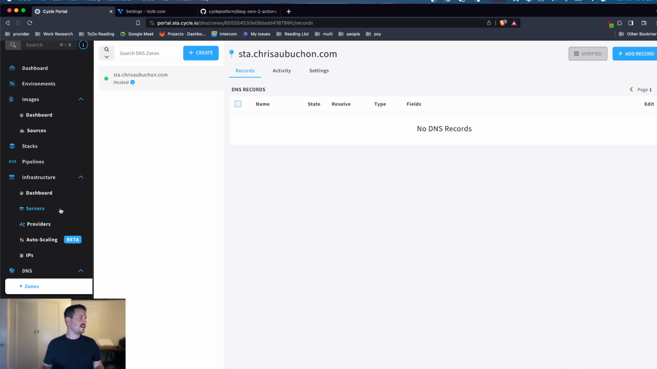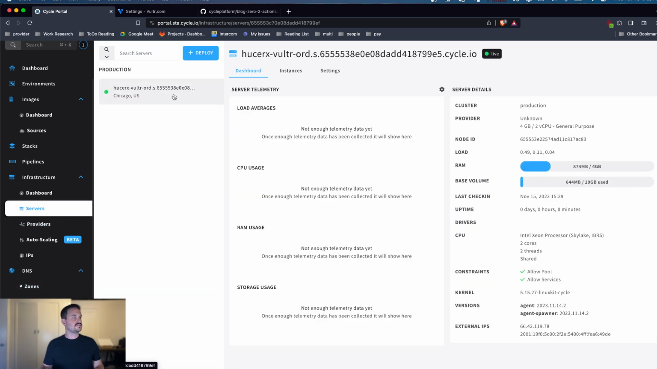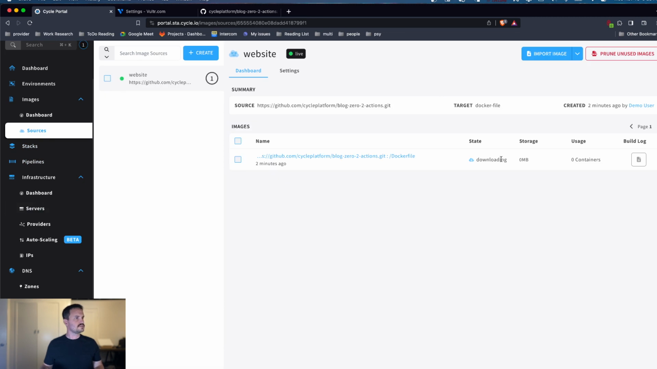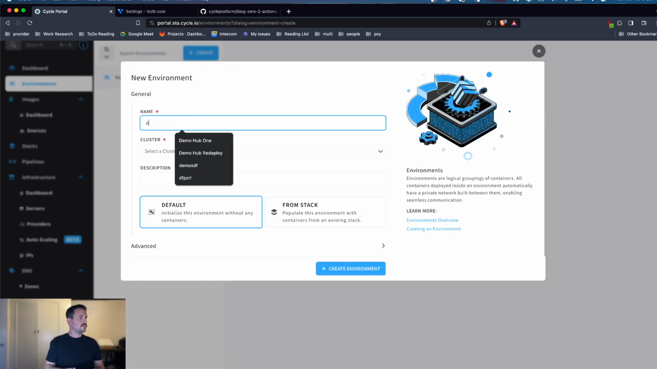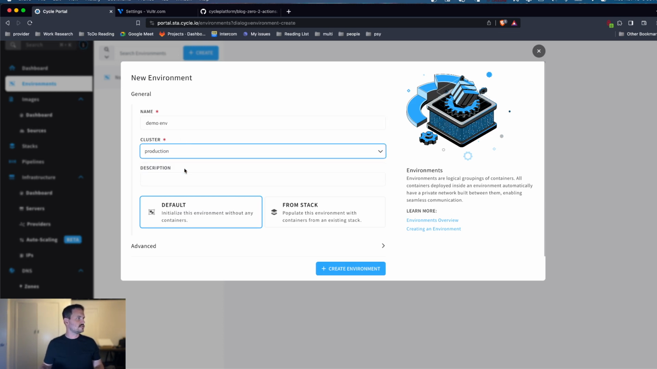So with that verified, let's click on back over, and it looks like our server is ready to go. That's great. And just to double check, looks like we're downloading there, so let's move on to environments. So now we're going to create an environment. So we'll click create. We'll call this demo environment, and we will select our production cluster and create a default